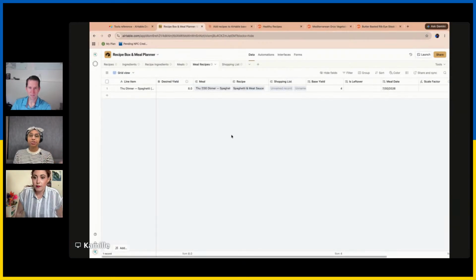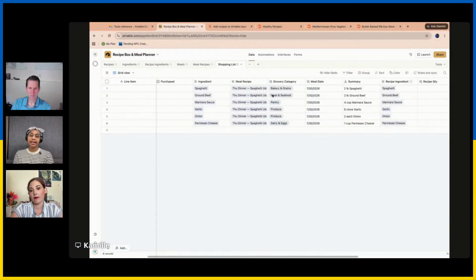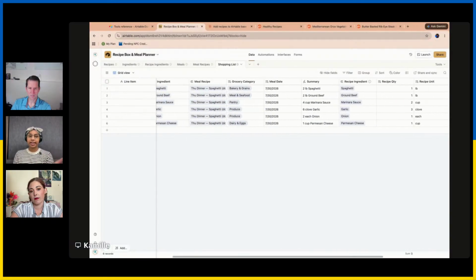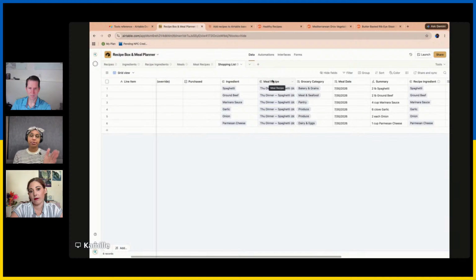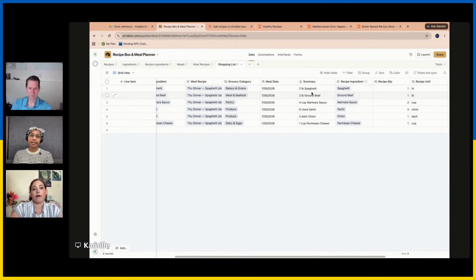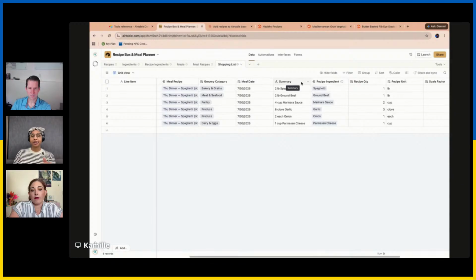Meal recipes is the junction table that connects recipes to meals. And then shopping list is a whole separate table that pulls from meal recipes and basically adds up the total number of each ingredient that you would need based on the meals you're going to have in the coming week. As we go along, you'll notice that it has provided descriptions on many things that you would want